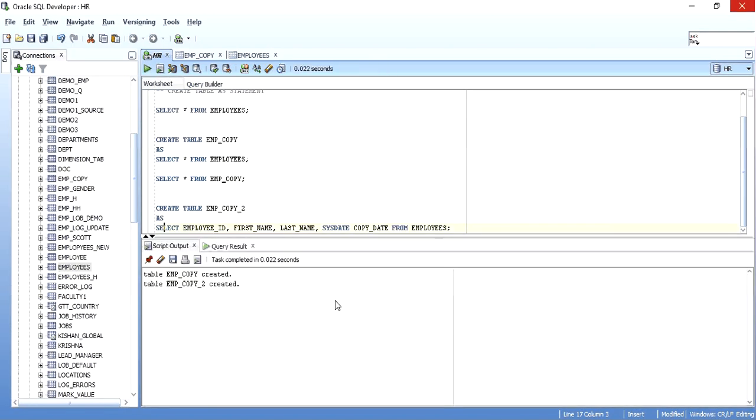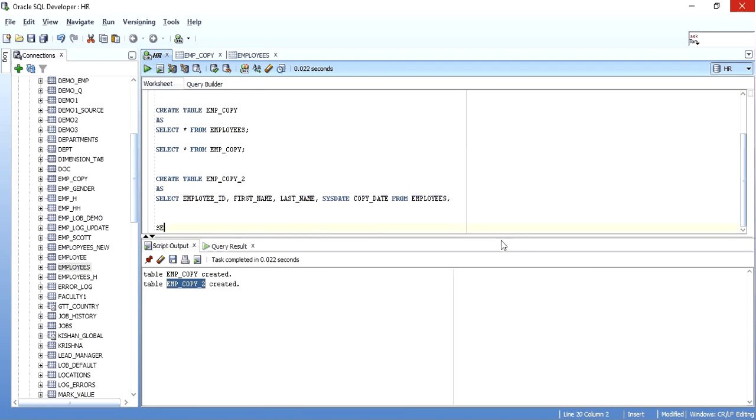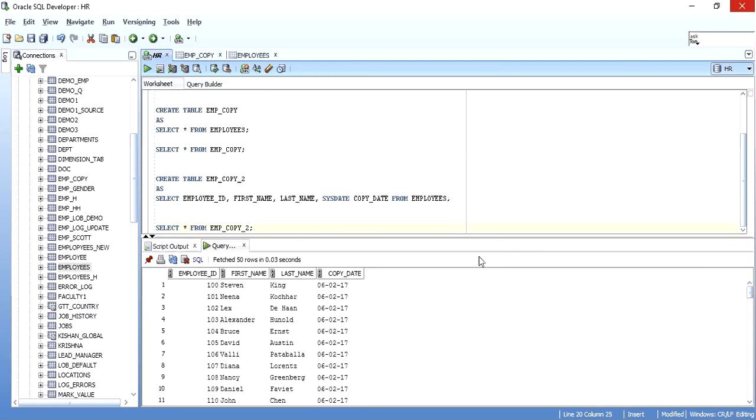When I create this, you can see emp_copy_2 is created. When I run a select star on that new table, you can see that the new table now contains only employee ID, first name, last name and the additional column that I have kept, that was copy date. So you can not just create the table, you can even create it in your specific way.